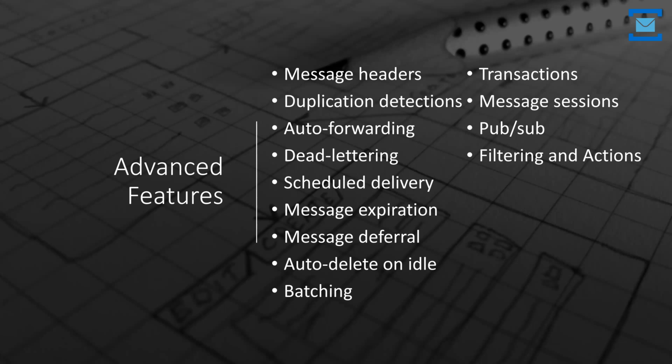Claim check, while it's not baked into the Azure Service Bus. Azure Service Bus has two tiers, a standard tier and premium tier. Standard tier and premium tier have differences, and I'll mention this in a bit, but one of the biggest pain points, for example, is the message size difference that are not matching. So there are options to use something like the claim check pattern to overcome these limitations, and some of the SDKs, .NET SDK, Java SDK, I believe Node.js is about to add support for claim check.